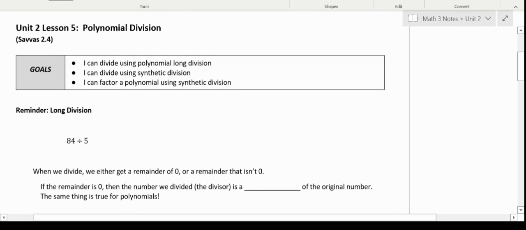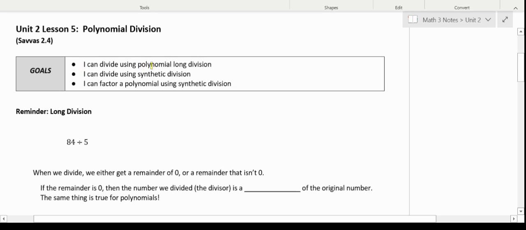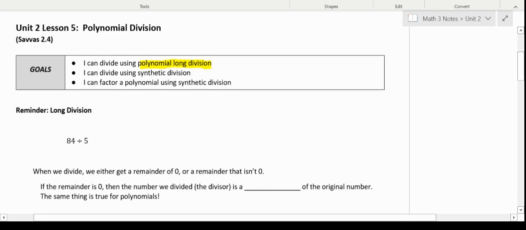This is the video for Unit 2, Lesson 5, Polynomial Division. So the goal that we're going to see today is we're going to talk about dividing polynomials, when we have a polynomial that has more than 3 terms. So we're going to talk about polynomial long division, which mimics a lot of what we know already about long